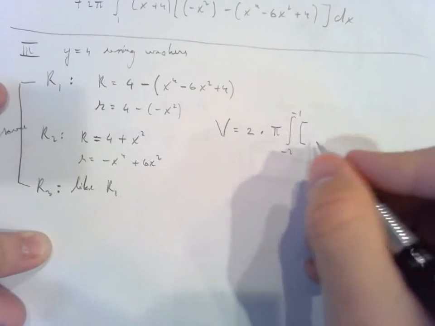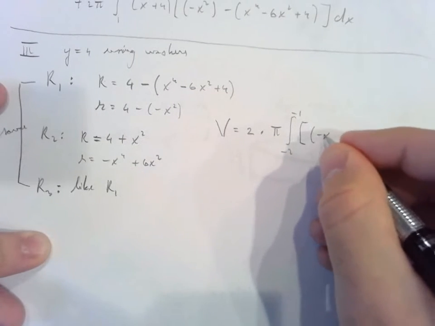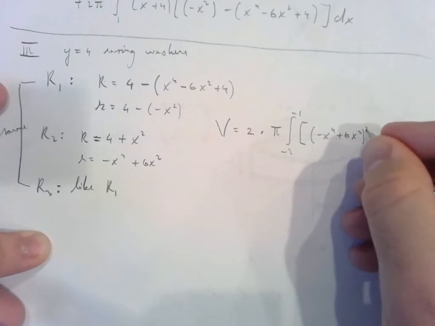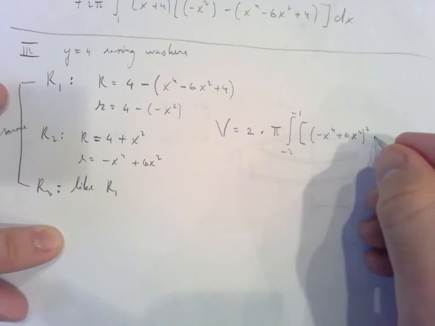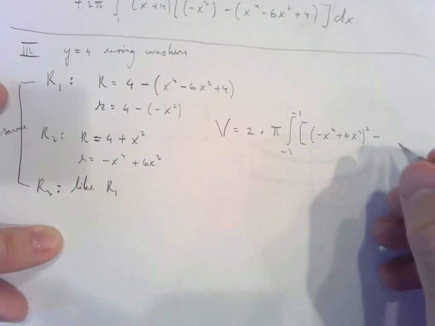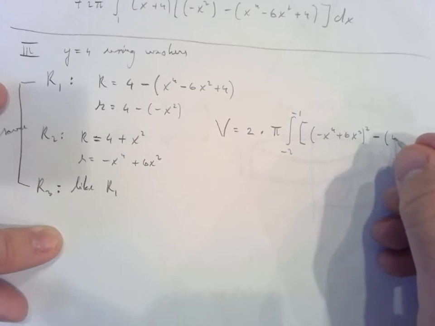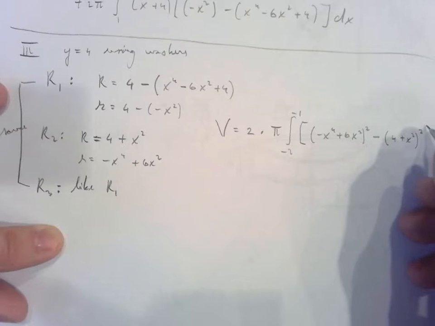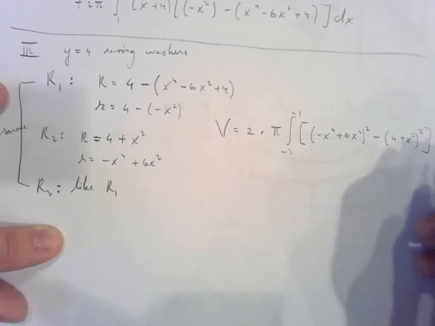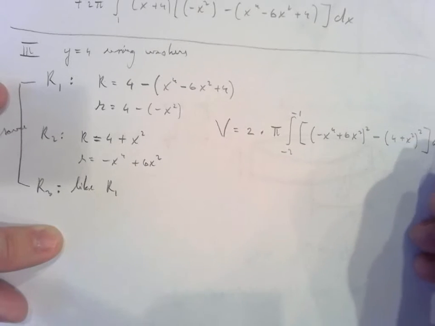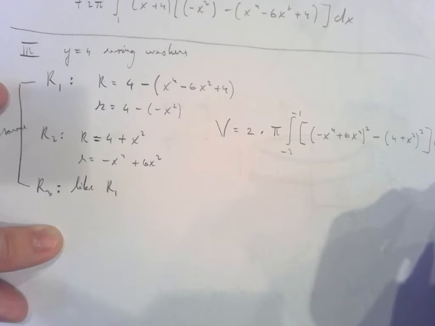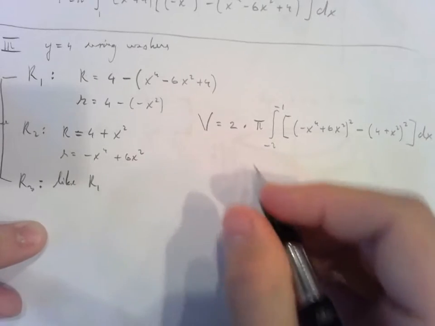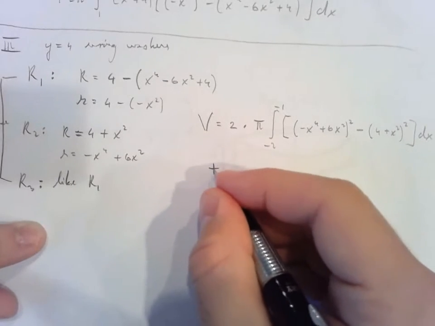And what I end up with here is big radius is negative x to the 4th plus 6x squared, quantity squared, minus 4 plus x squared, quantity squared, dx. So that's the volume for region 1 and region 3 combined,